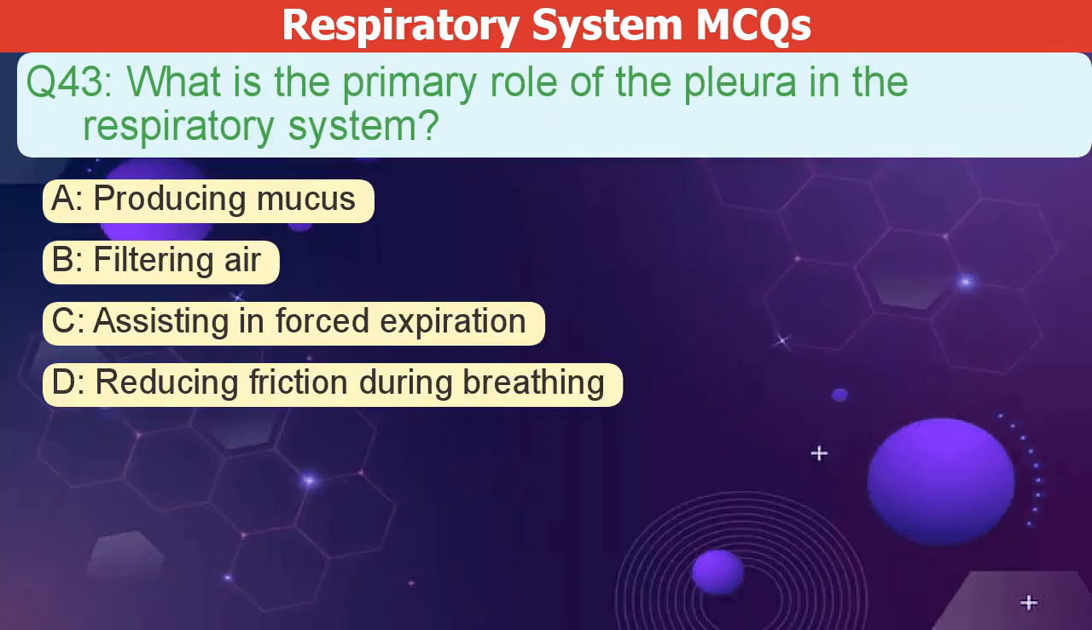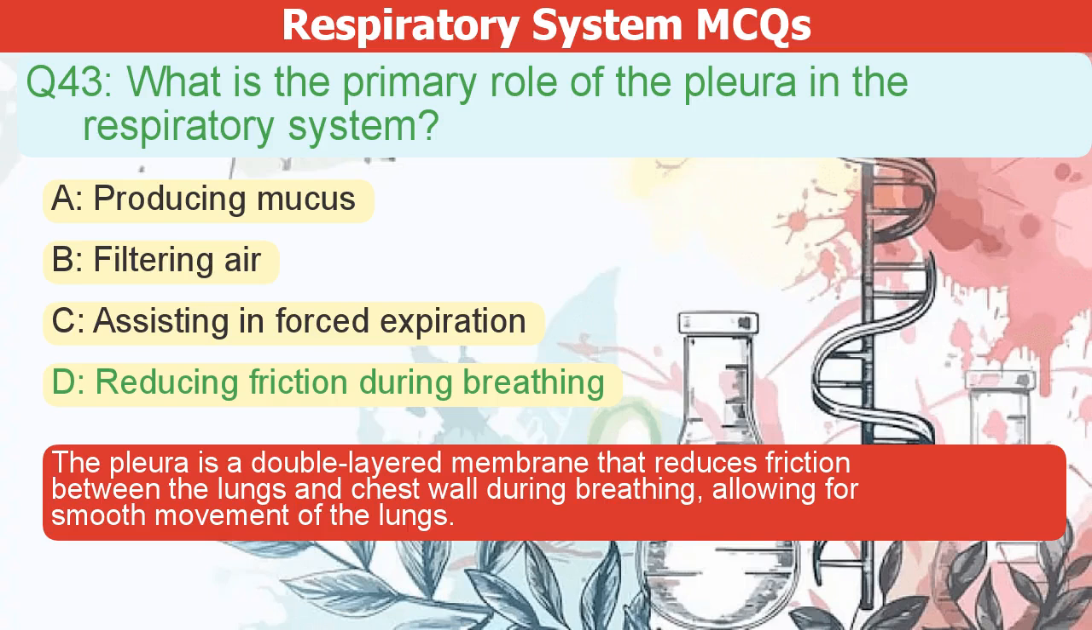lungs. What is the primary role of the pleura in the respiratory system? A. Producing mucus. B. Filtering air. C. Assisting in forced expiration. D. Reducing friction during breathing. The correct answer is D. The pleura is a double-layered membrane that reduces friction between the lungs and chest wall during breathing, allowing for smooth